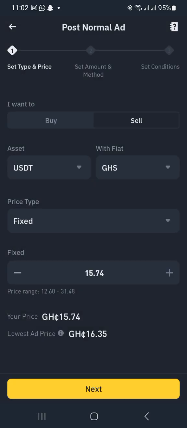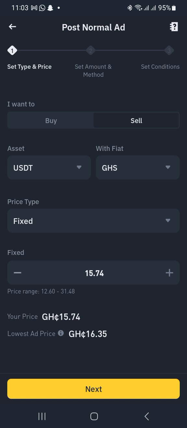Let me explain the fixed side. When I choose fixed, it means that the market condition or market price does not affect my price. We know in cryptocurrency or P2P, when you're buying and selling, the market fluctuates. Within 2 minutes, the price may be 2 cedis, and in the next minute it is 2.5 or 3 cedis. Or when initially setting your price, the price was 2 cedis, and in the next 2 minutes you see the price at 5 cedis. It is possible. But in the case that you don't want these fluctuations to affect your price,